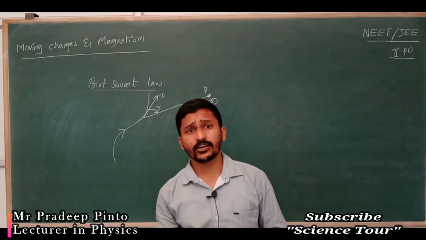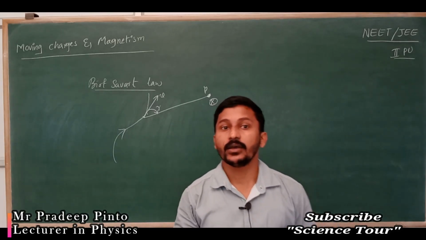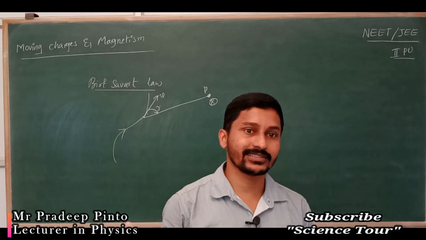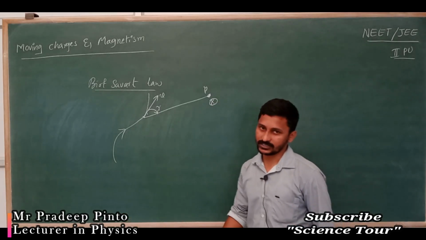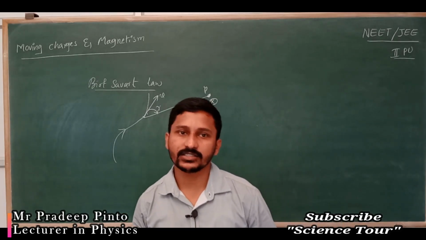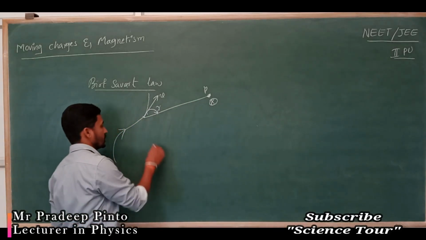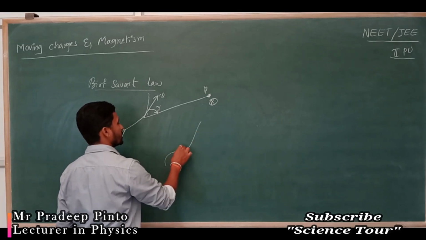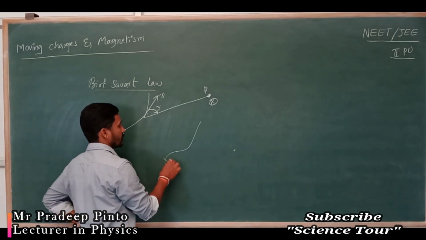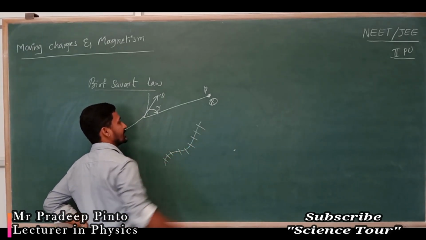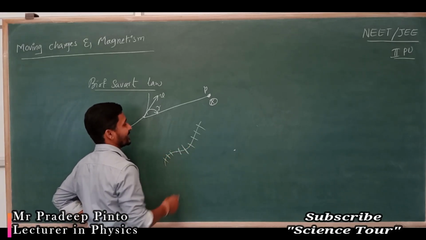There are different concepts and different formulations to find the magnitude of the field, based on different cases, but the basic one is nothing but the Biot-Savart law, and other laws can be derived from it. But what is the Biot-Savart law? It tells us that if a wire carries a current, we can't find the field together for the whole wire. That's why, according to the Biot-Savart law, we divide it into small current elements.